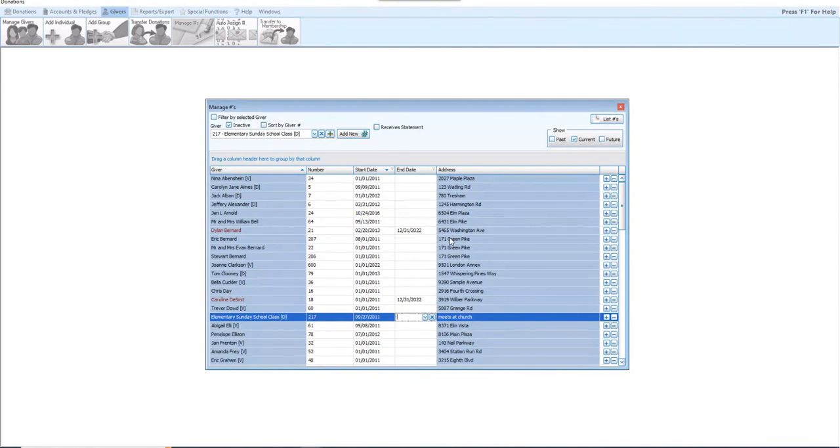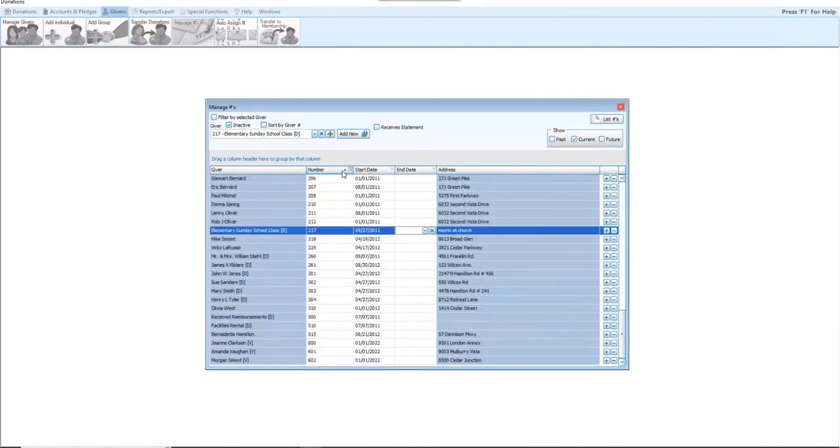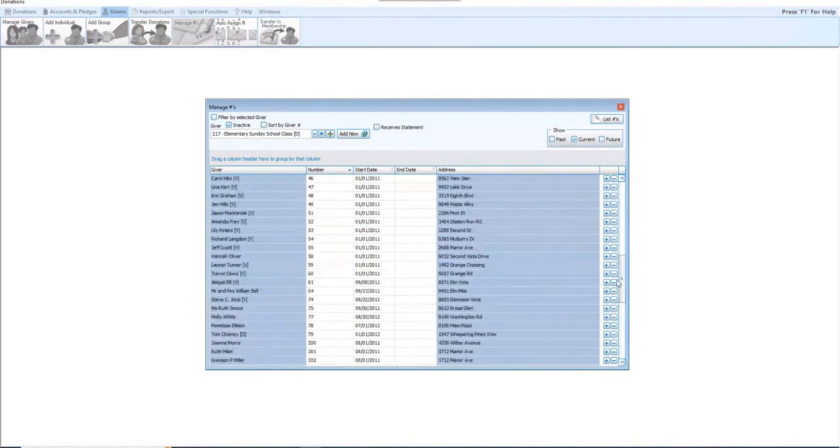Now let's talk about reassigning a giver number. I really like to click these column headers up here at the top because it then allows me to sort my list by that column header. So if I click the number column header, it's going to rebuild my list of people, and instead of being sorted alphabetically, it's going to be sorted by giver number. Okay, so this is a really easy way to see on the fly what numbers aren't in use for reassignment